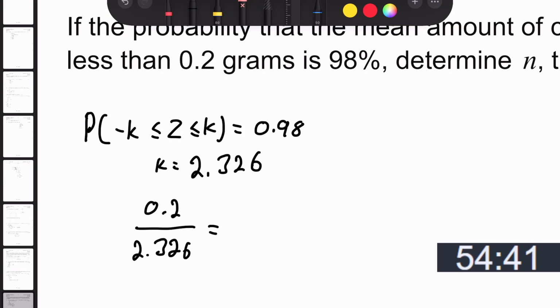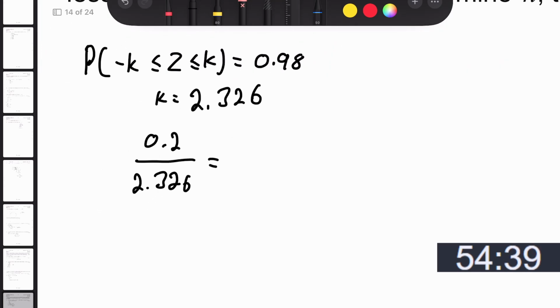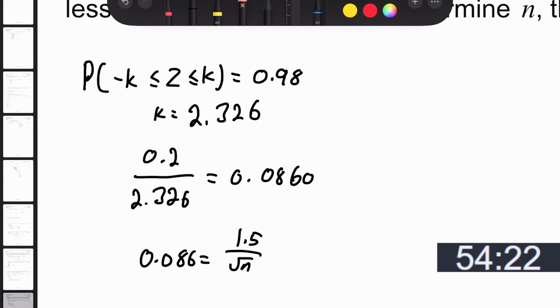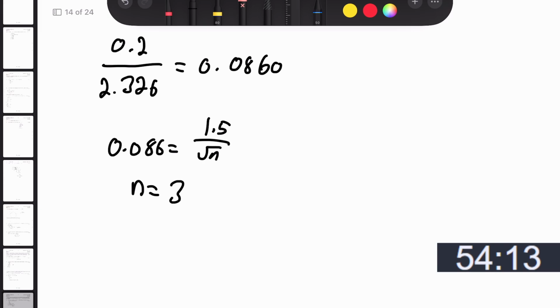This is what I want, yes. So that gives me 0.085560. So this is the standard deviation in grams. So then 0.086 is equal to 1.5 over the square root of n. n is equal to 304.2. So then therefore at least